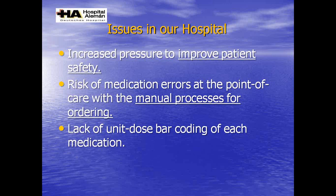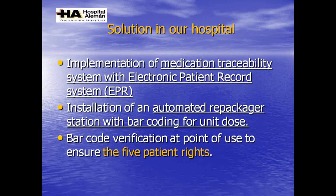And then began, in the year 2012, the new regulation from the Health Ministry here in Argentina. This was a problem because we must implement it. It was a regulation of the Health Ministry, and this has penalties if we don't accomplish it. The solution in our hospital was implementation of a medication traceability system with electronic patient record system, installation of